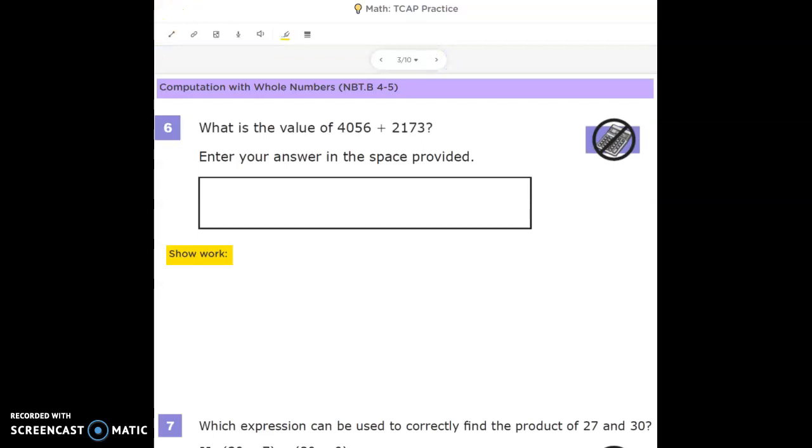Next slide. Number 6 on your answer document. What is the value of 4,056 plus 2,173? So I see that I'm adding these two numbers. On my scrap paper, I'm going to write out that work. That's why I'm saying show your work. Anywhere where I mention to show your work, it's a good place to think about writing it out on your scrap paper. So I have 4,056,